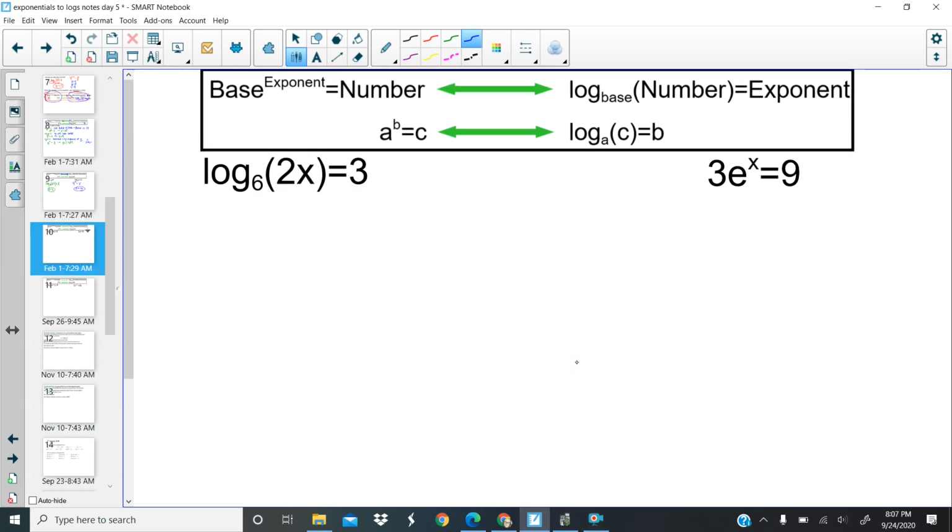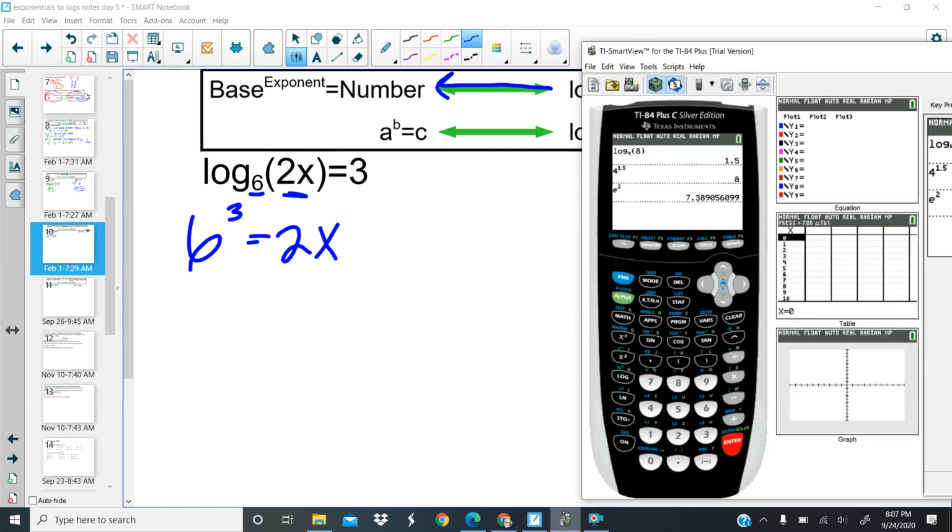And here are two more examples. So the first one, it starts with a logarithm and you have to change it from the log form to the exponential form. So the first number that you need is that base. And so the base in this case is 6. And then you need to raise the base to the number on the other side, which is 3. And it's going to equal the number on the inside of the logarithm, which is 2x. So then we need 6 to the third power, which gives us 216